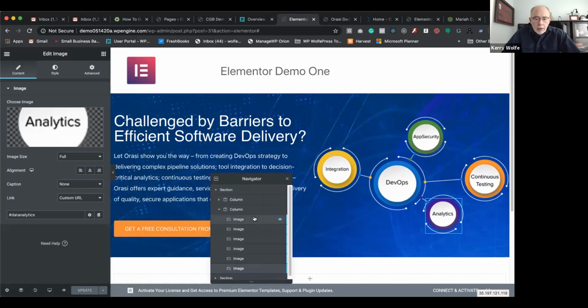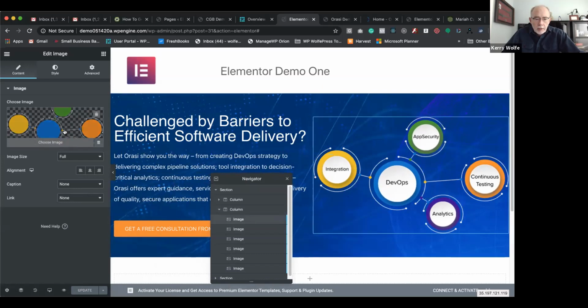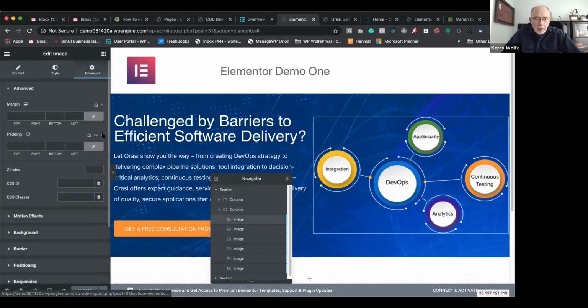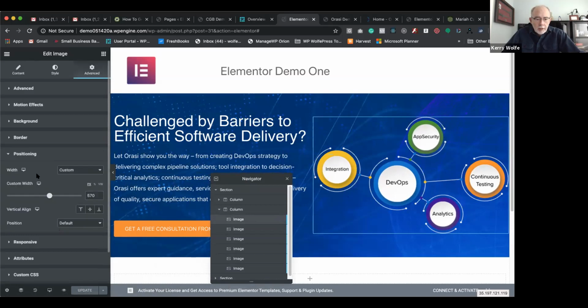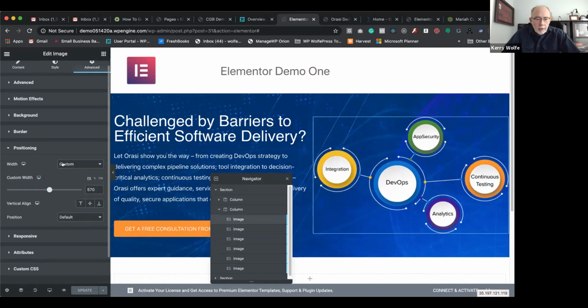We look at the first image here. I'm going to look at positioning, and it is just placed in the frame of the column. Then when we get into these,